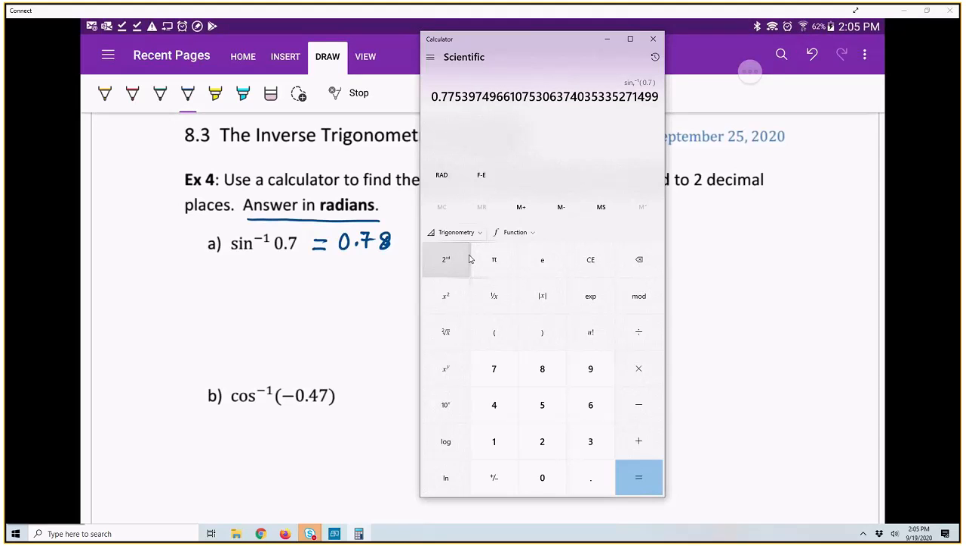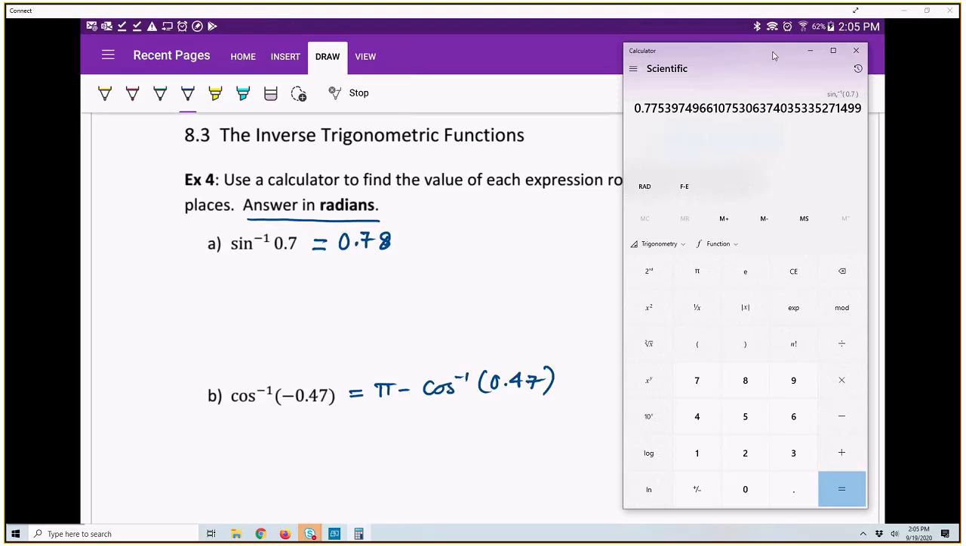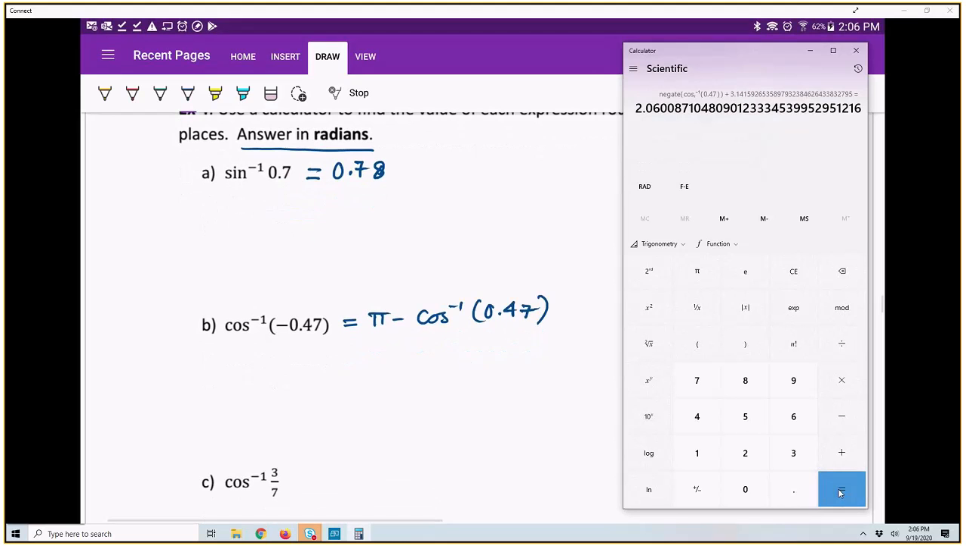Cosine inverse of negative 0.47. Remember, if the value is negative, I write it as pi minus cosine inverse of the positive. So I will find 0.47 first and take the cosine inverse of that. So, trigonometry, second function, cosine inverse of 0.47. And then subtract this value from pi. So my answer, rounded to 2 decimal places, is around